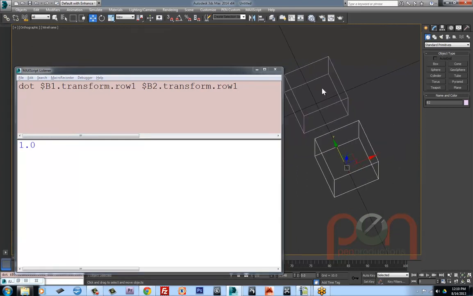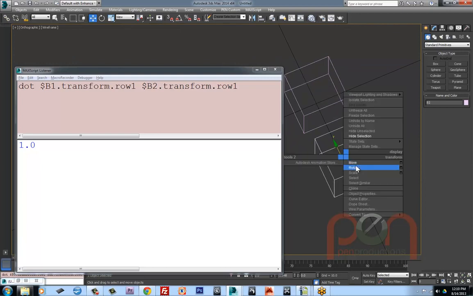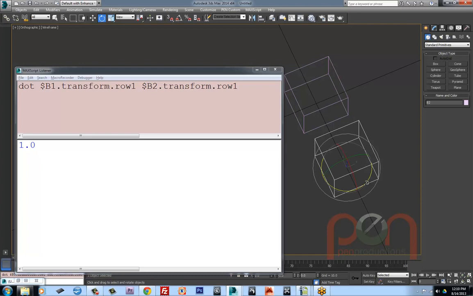And so what it's telling me is that both vectors are actually pointing in the same direction. So let's do, I've got angle snap on. I'm going to rotate my second one here. I don't have angle snap on. Now I do. I'm going to rotate it around 90 degrees. If we look at the local axis of these, our vectors are now pointing at 90 degrees to each other,